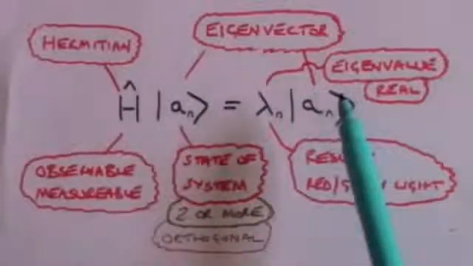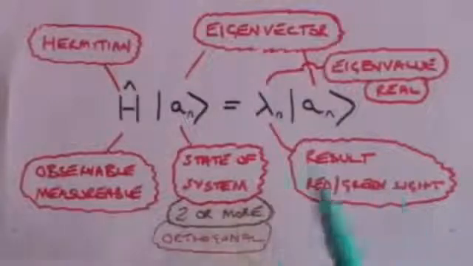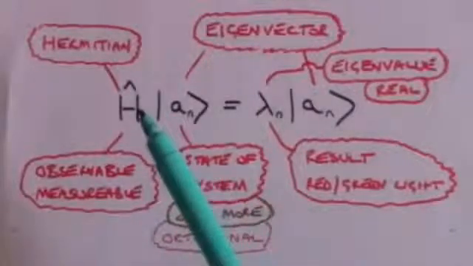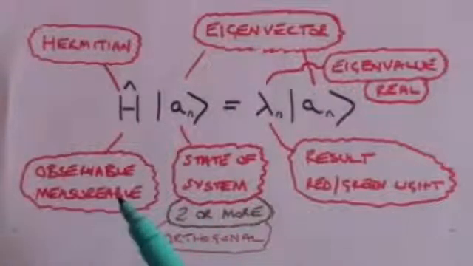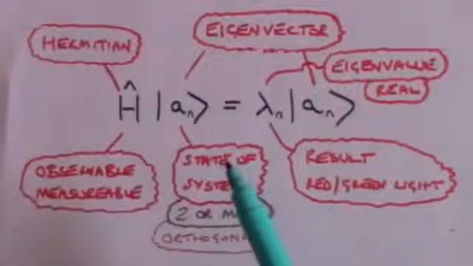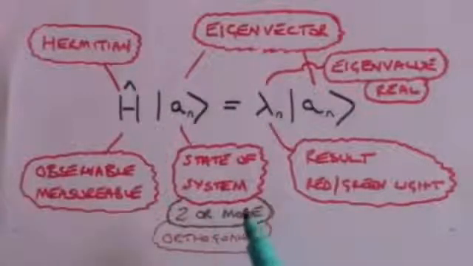That's the mathematics. Now underneath we've put down what that means in terms of the physics, that the Hermitian operator, or the Hermitian matrix, is the observable or the measurable. It's the experiment that you actually do to find something out. The eigenvector represents one of the many states of the system, and each eigenvector represents one of those states. And as I've said, there are two or more, and they are what's called orthogonal. What we mean by orthogonal is that if